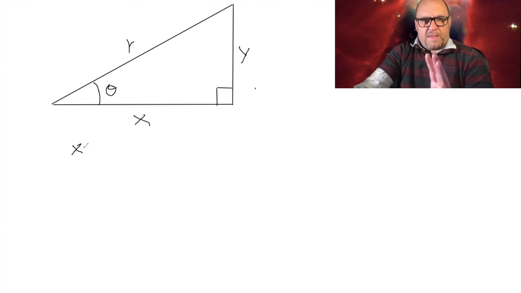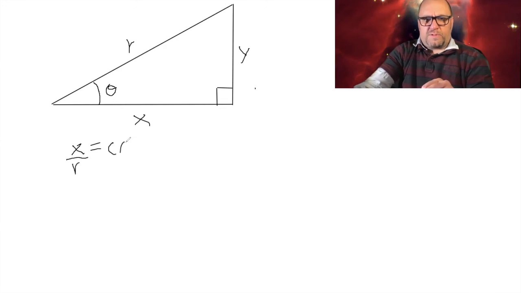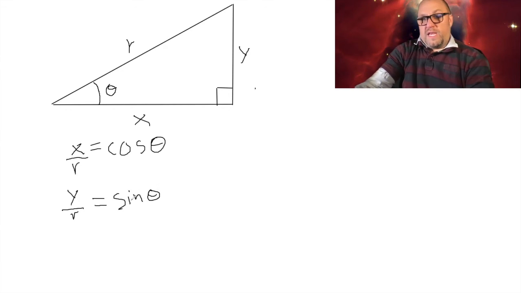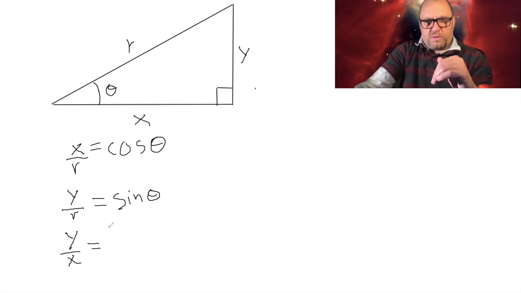Okay, so first of all, this is our adjacent. We say adjacent when it's next to the angle here. So x over r, my hypotenuse, is equal to cosine of theta. Okay, so this is adjacent. We've got opposite over here. So if we want to get the opposite, we can write y over r is equal to sine of theta. Okay, now we also have tangent. Tangent is opposite over adjacent, so y over x is going to equal tangent